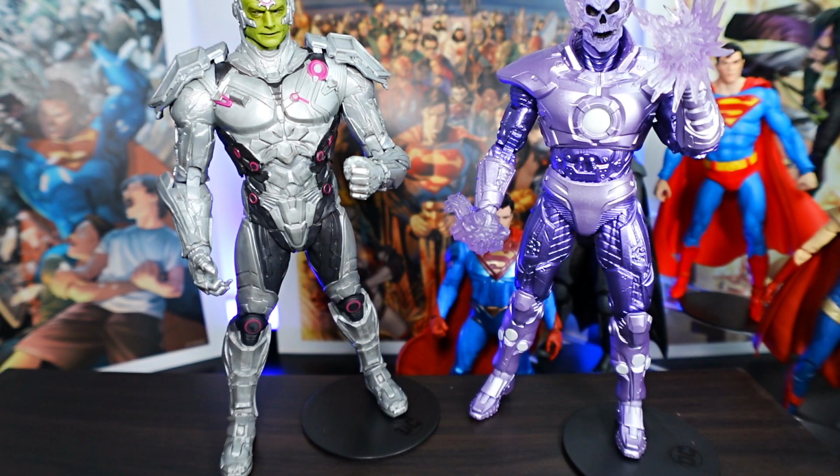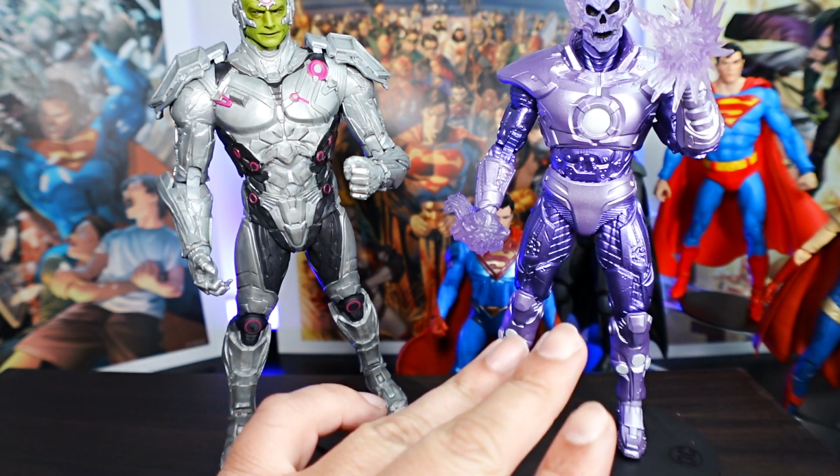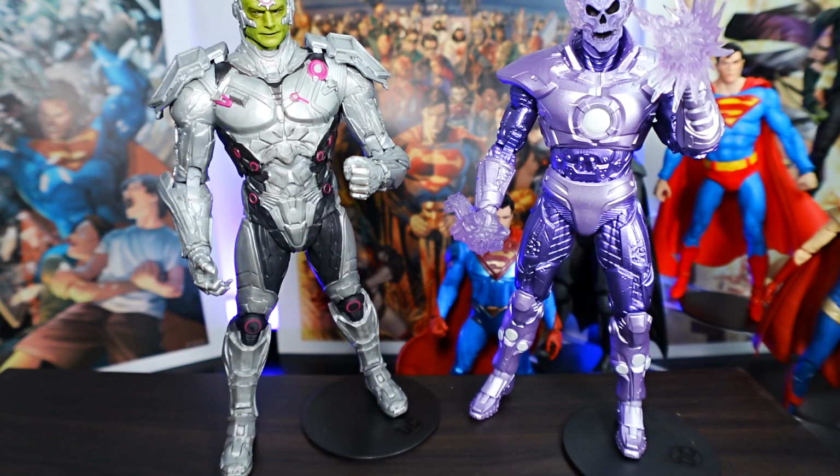This is hard. For one, I like the paint on here. The paint on here just, I mean, it speaks for itself. Look at that paint. It just grabs your attention. The head sculpture design looks really nice. This one, though, so much detail, so complex. And on top of that, you get these cool little accessories on here to make it look even more intimidating and badass. But if I had to choose only one,